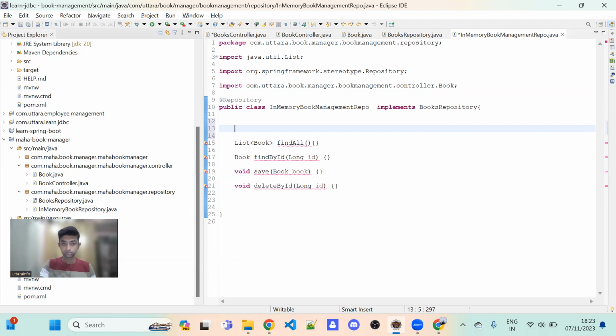Hello? So you'll have to create some instance variables, which is a collection, and one static, which is like the ID. Where? In this class itself. In this class itself, when I create a book, when I want to add a book,